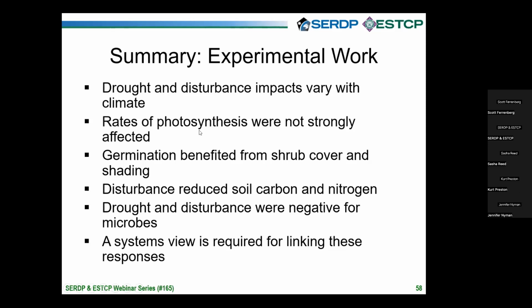What really was important is that when we dug deeper into these systems to understand the full community responses, we found that the full communities were affected in variable ways across the sites, that germination has benefited from shrub cover and shading. We have not worked that into our data, but we do have Cartesian plane information about our experiment, so we can ask where all of our samples are relative to other plants. And finally, in the big picture, a systems view is required for linking all of this information. We have all of this data on the table, taken at different timescales and in different ways, and we somehow have to bring it together if we want to give a full picture to the managers.